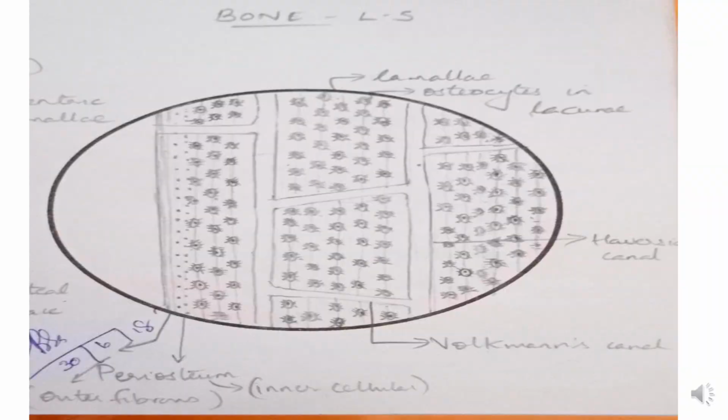This is the longitudinal section of bone. Once again you can see the fibrous layer of periosteum, the cellular layer of periosteum. You can see the osteocytes arranged in lamellae. You can see the Haversian canals, and the Haversian canals are connected to the external surface with the help of Volkmann's canal. Okay, with the help of Volkmann's canal. In between the Haversian canals, the connecting link is the interHaversian canal. Okay, it is the interHaversian canal.